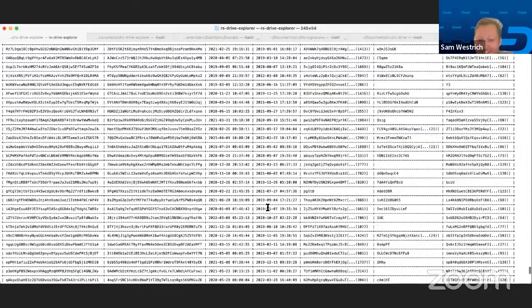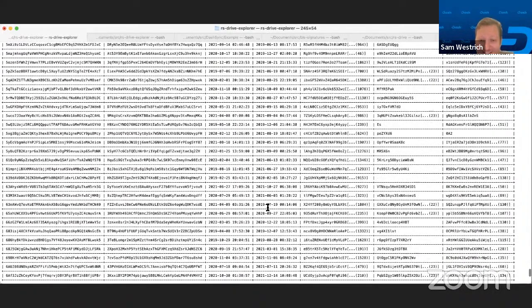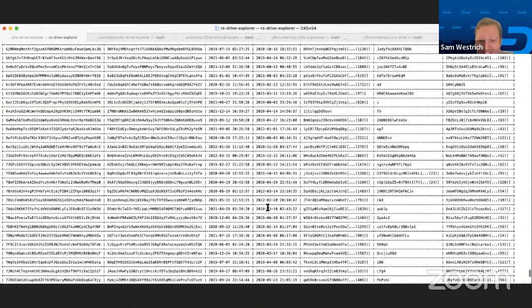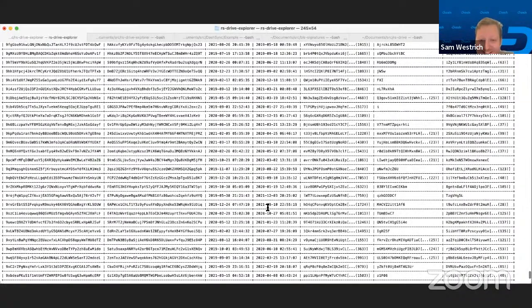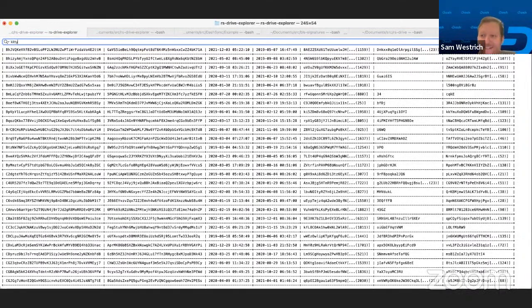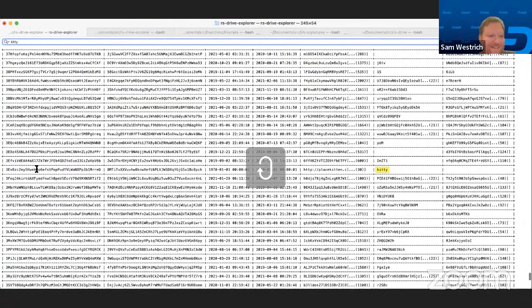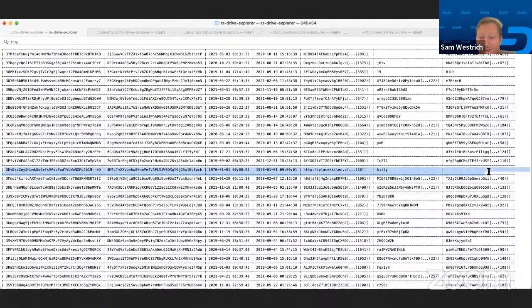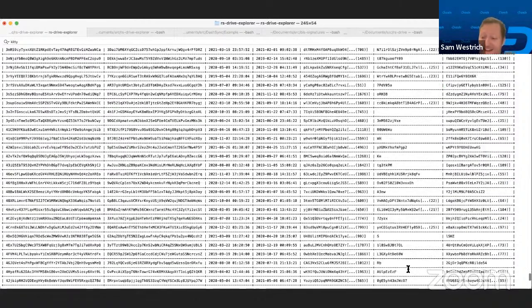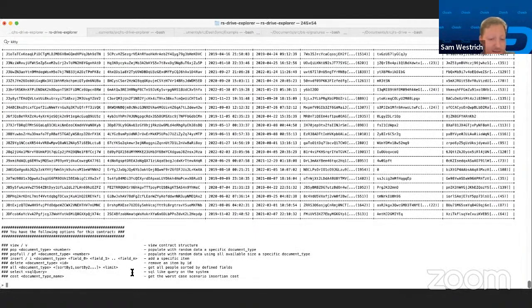Where's our Kitty? I shouldn't have put in 1,000. Now I realize. Oh, God. Well, actually, let me just search for Kitty. No. Oh, there we go. We found it. Okay, here it is, the one that we inserted, Kitty. Oh, there's a display bug here. Okay, nobody saw that. And so yeah, you can basically insert a specific item.